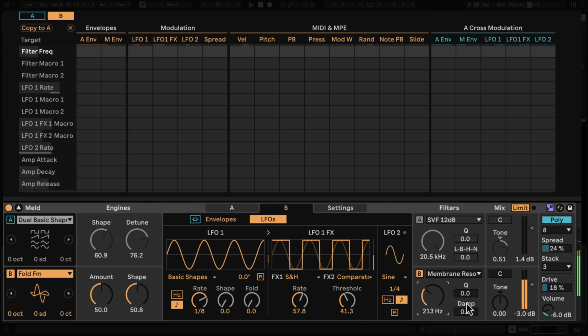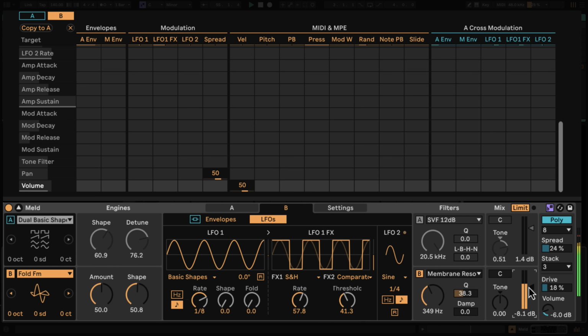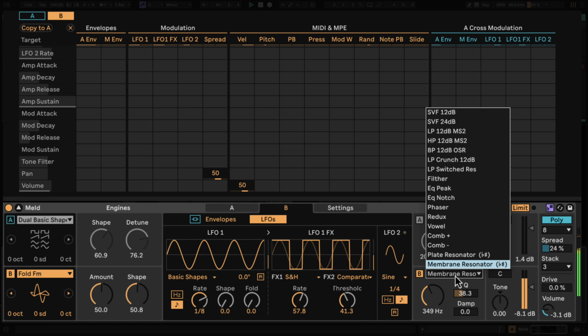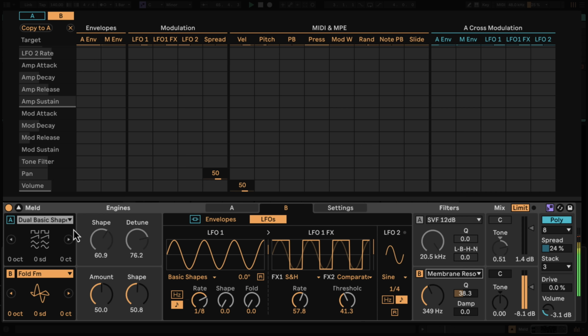I'll turn down the frequency and turn up the Q so it really rings out. Let's turn this down so we don't get quite so much distortion. I'll turn on the drive as well. That's beautiful. Notice that when I turn this off, this effect becomes much less musical. Using the current scale allows membrane resonator to stay in key. Let's hear that back with oscillator A.